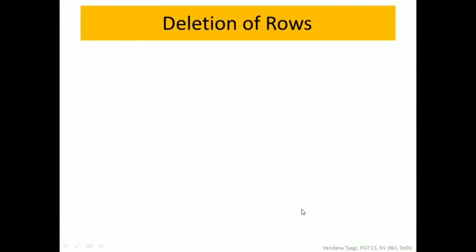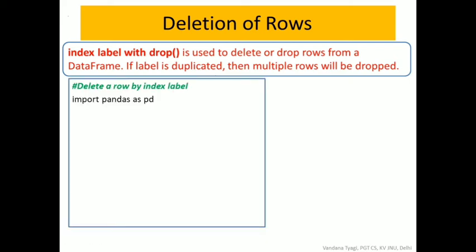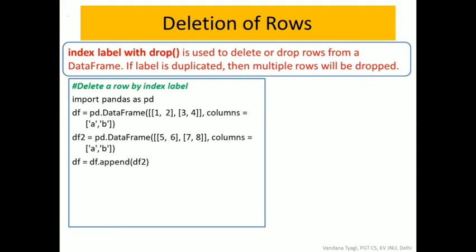There is another method to delete rows in data frames. The same method we have used for columns, drop. Drop is used to delete rows by label, and if there are duplicate row keys, then it will delete all the entries according to that particular label. Let's see. This first section is again the creation of my data frame. We have added data frame 2 below data frame 1. Now I want to delete all those rows which have label 0.